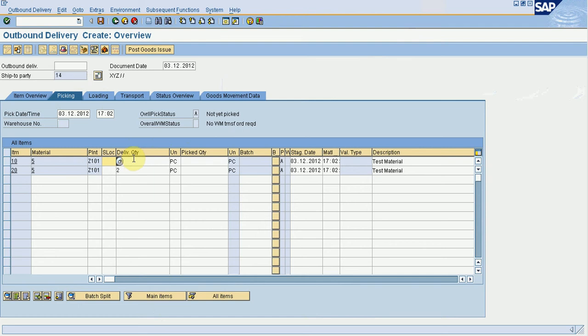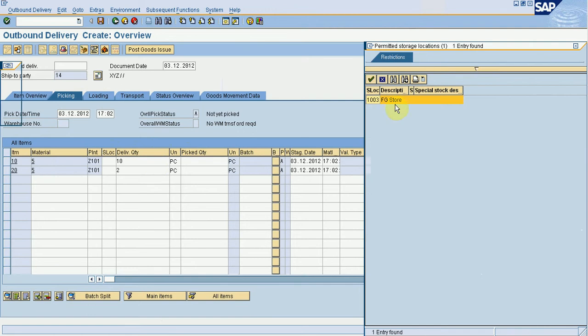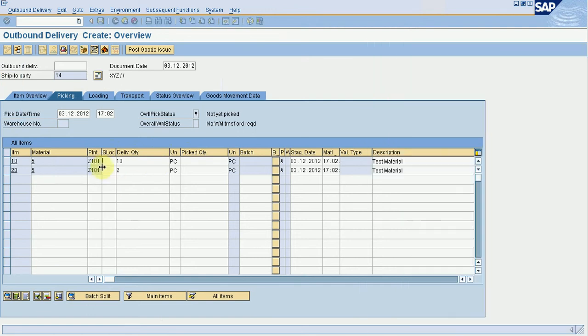I am going to pick these products from my warehouse. I am going to tell from which store of that particular plant these goods are to be picked, entering the picked quantity. Delivered quantity and picking quantity should be similar.